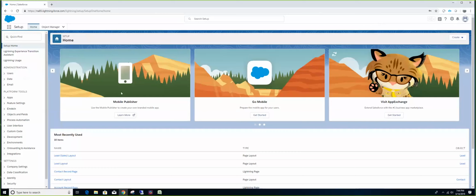Okay. Yeah, when I undeleted the junction object and checked the relationship, it converted to a lookup relationship. Oh, so when you said undelete the junction object, you meant actually deleting the object, not the record on the object. Yes, the object.